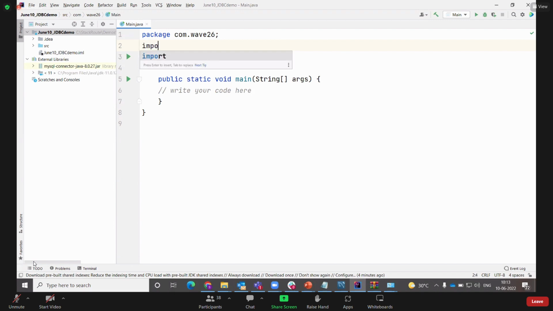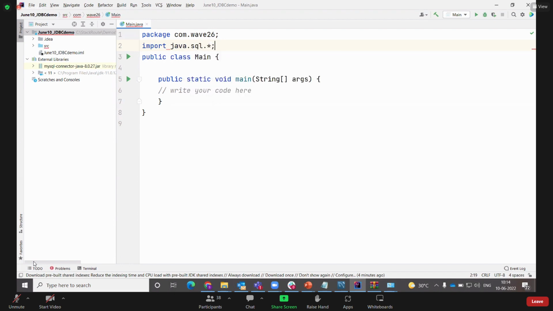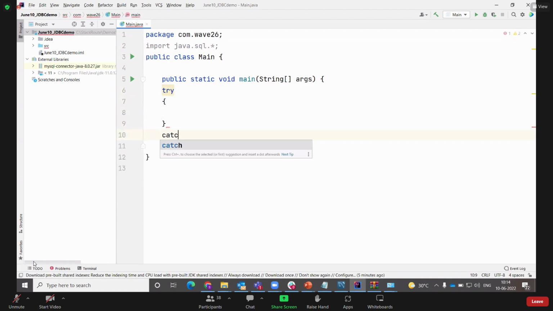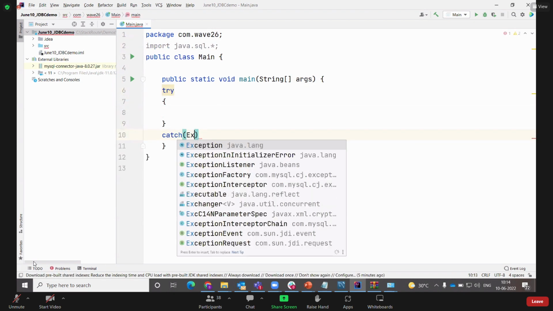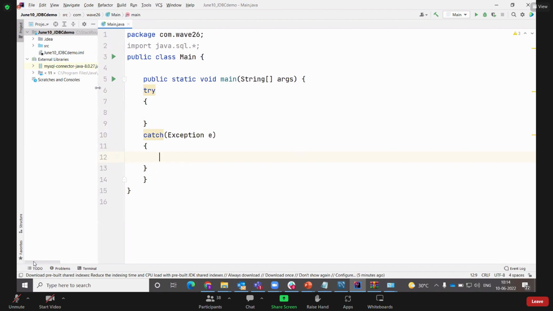So step number 1, import java.sql package. Ensure that you are enclosing your code under try catch. Exception handling is mandatory. So we have 5 different steps to do MySQL code. So step number 1,